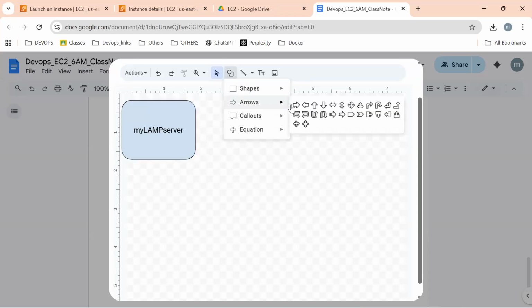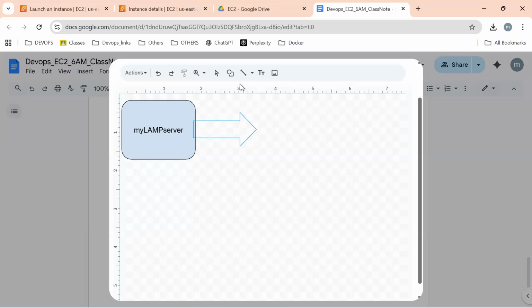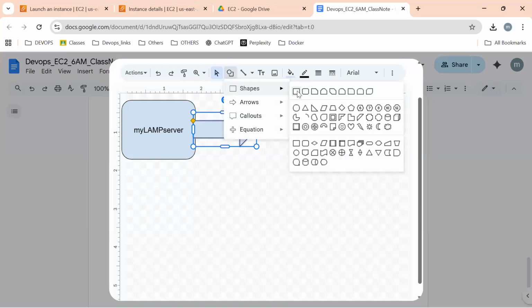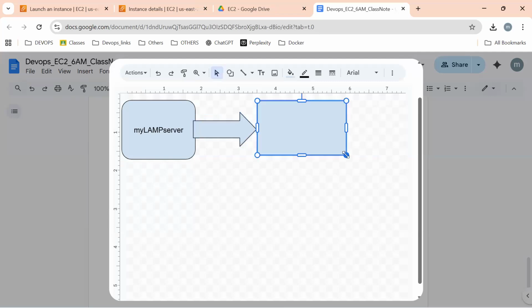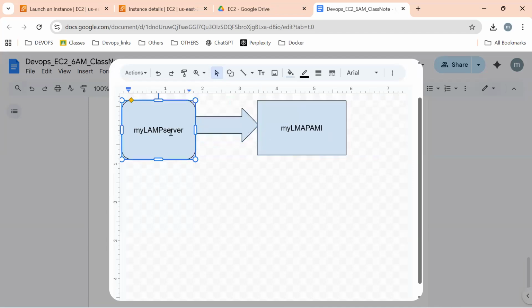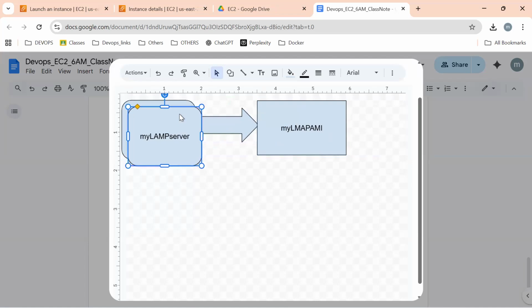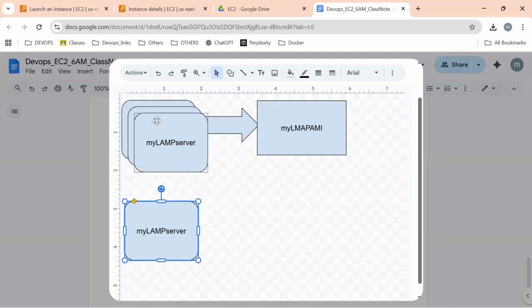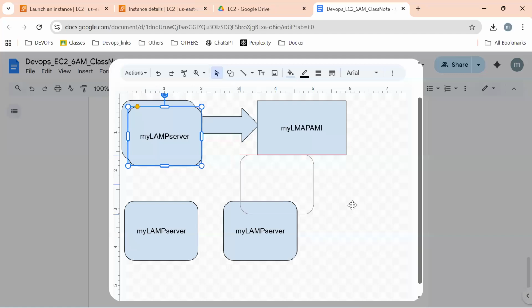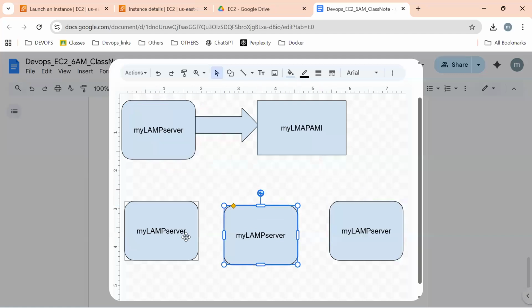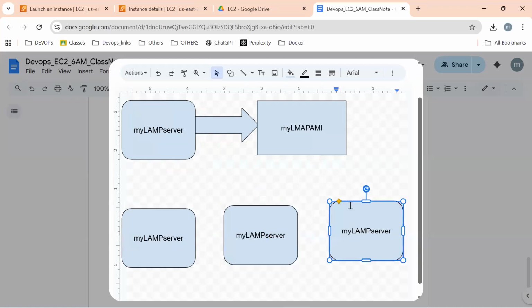From the LAMP server, we are going to create an AMI, my LAMP AMI. Once the AMI is successfully created, from the AMI we can create n number of LAMP servers.